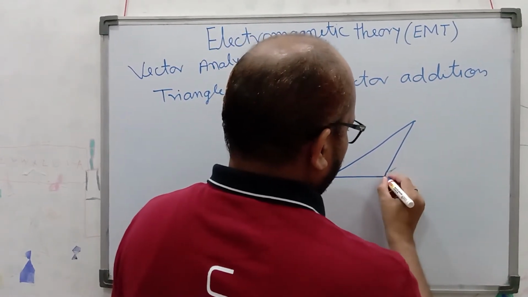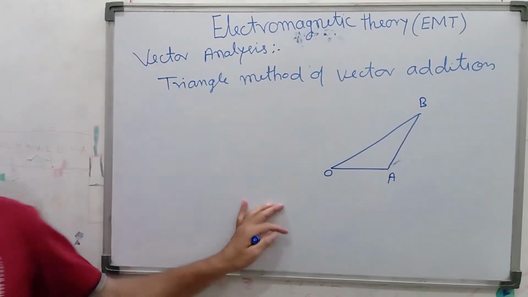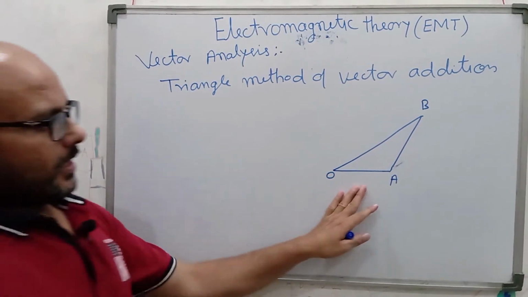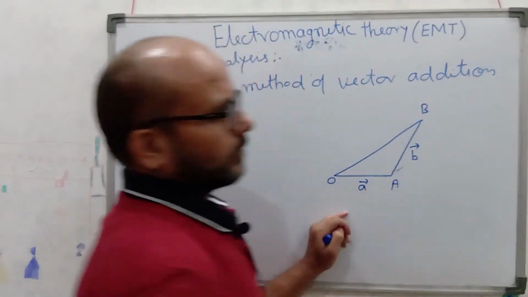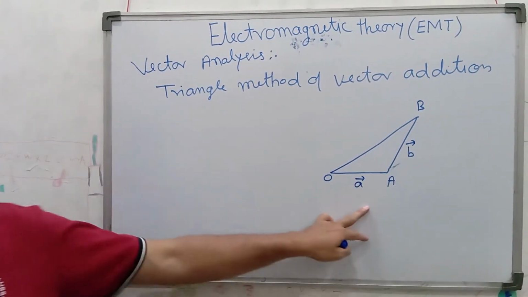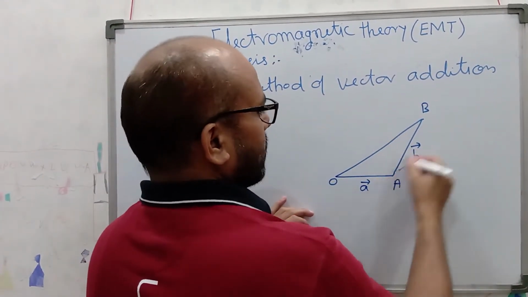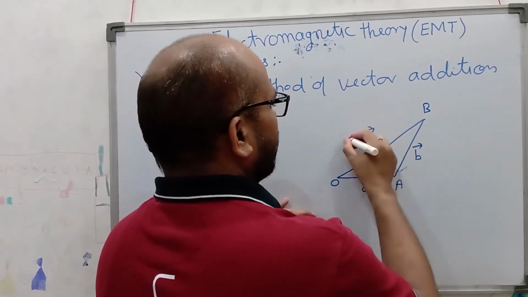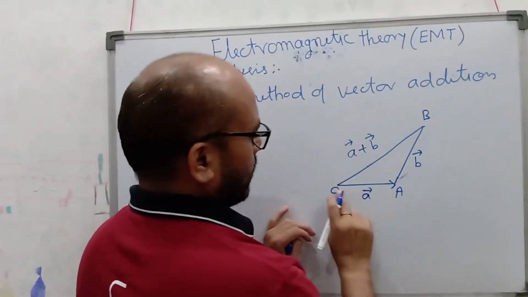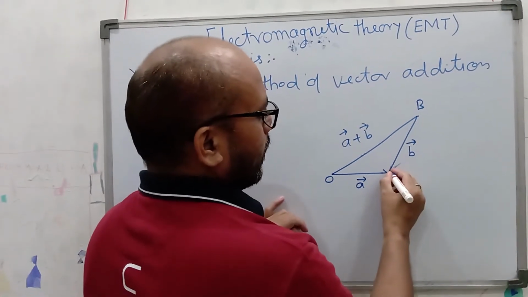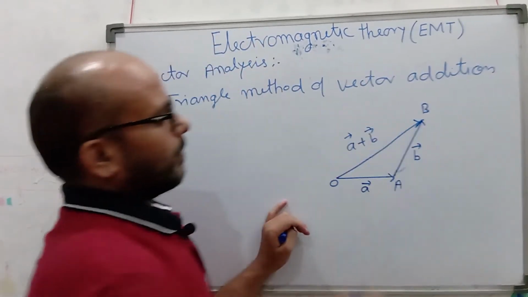suppose this triangle OAB. OAB is a triangle, and two vectors are the sides of the triangle. Suppose here vector A and vector B. The other side represents the resultant of the sum of vector A and vector B. This is the origin, meaning tail, and head. B vector has its own origin and tail. The direction of the A plus B